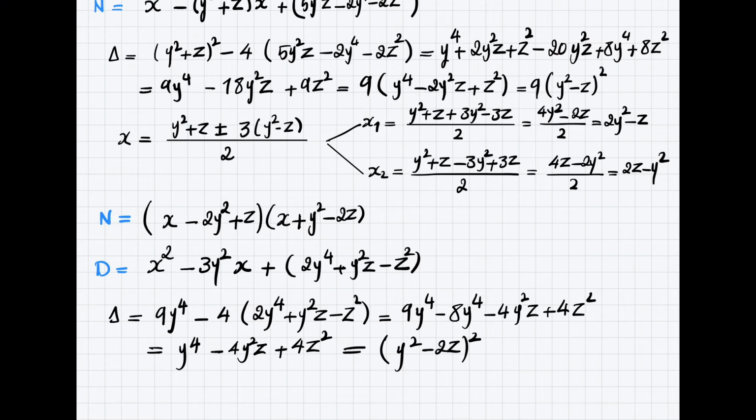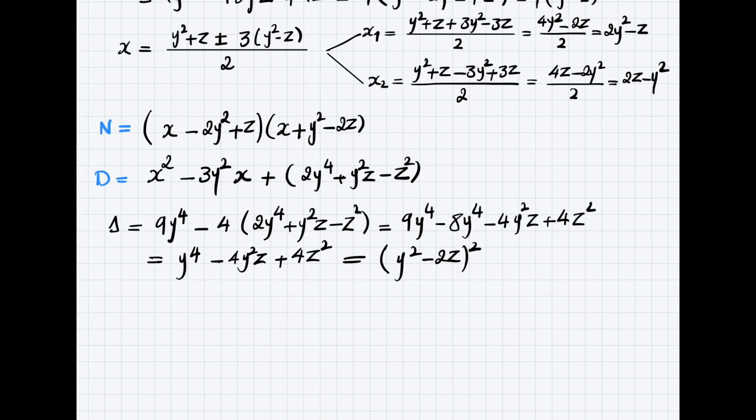Why is that? Because if I raise this to power 2, the first one to the 2 gives me exactly this. 2 times the first one times the second one will give me exactly this. And finally the second one to power 2 is exactly this. Okay, now I can factorize my new denominator. So therefore the denominator becomes equal to